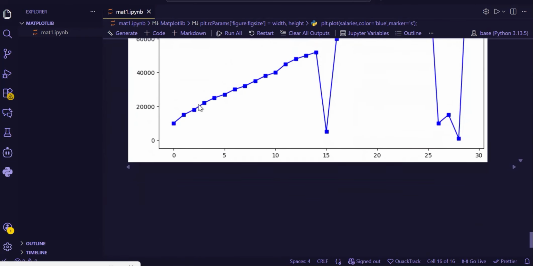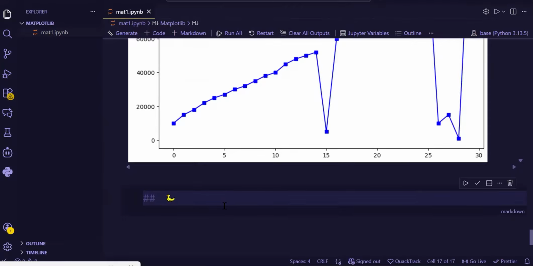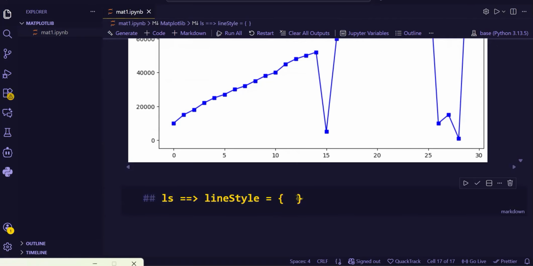Can you see this line? Can we change the style of this line? Yes, definitely we can do. So let me write here markdown. Line style, ls means line style. So in the line style, what line styles are acceptable? The acceptable line styles are, you can provide here line style as a